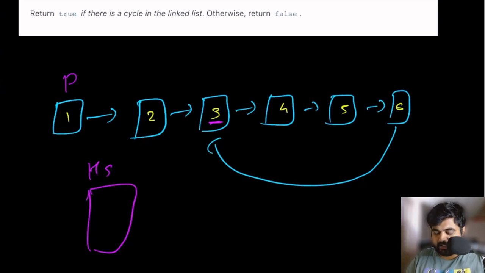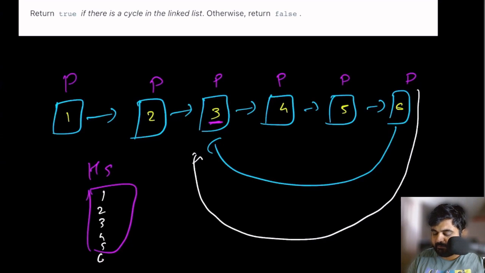a cycle inside the linked list, and this approach would be able to work as expected, because during the first iteration of this p, for all the elements, these are unique elements, they are not being repeated. So in the hash set, we would add all the entries 1 2 3 4 5 6, and then the moment from this 6 we would try to come back to this position, this node number 3, we notice that this has already been visited. In that case we can determine that because this 3 has already been visited and we are revisiting the same node again, then immediately we can terminate this and say that there has been a cycle detected, and we would be able to solve this problem.